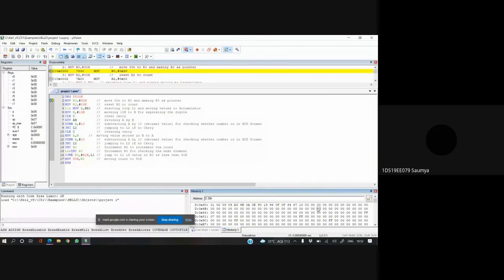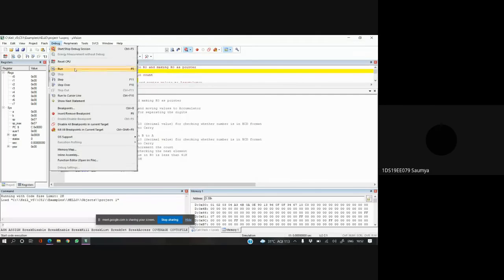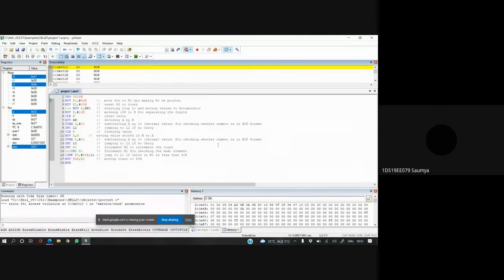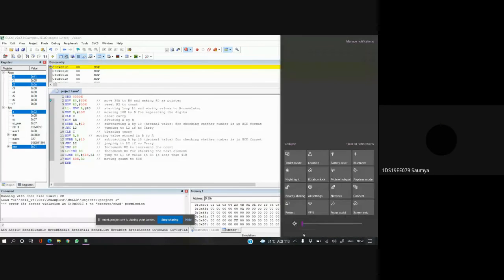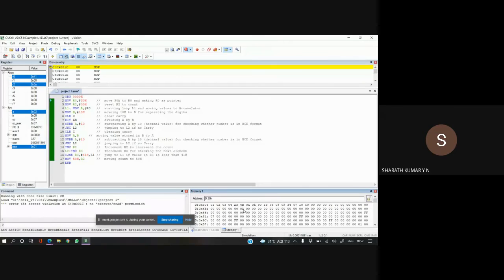Sir, I've filled for these 17 locations. Sir, at the 50th location, I'm getting the output. Out of the given data, 10 are in BCD format, and the left out are in hexadecimal format. Correct. Perfect. Earlier, taking 0 was actually a good idea.